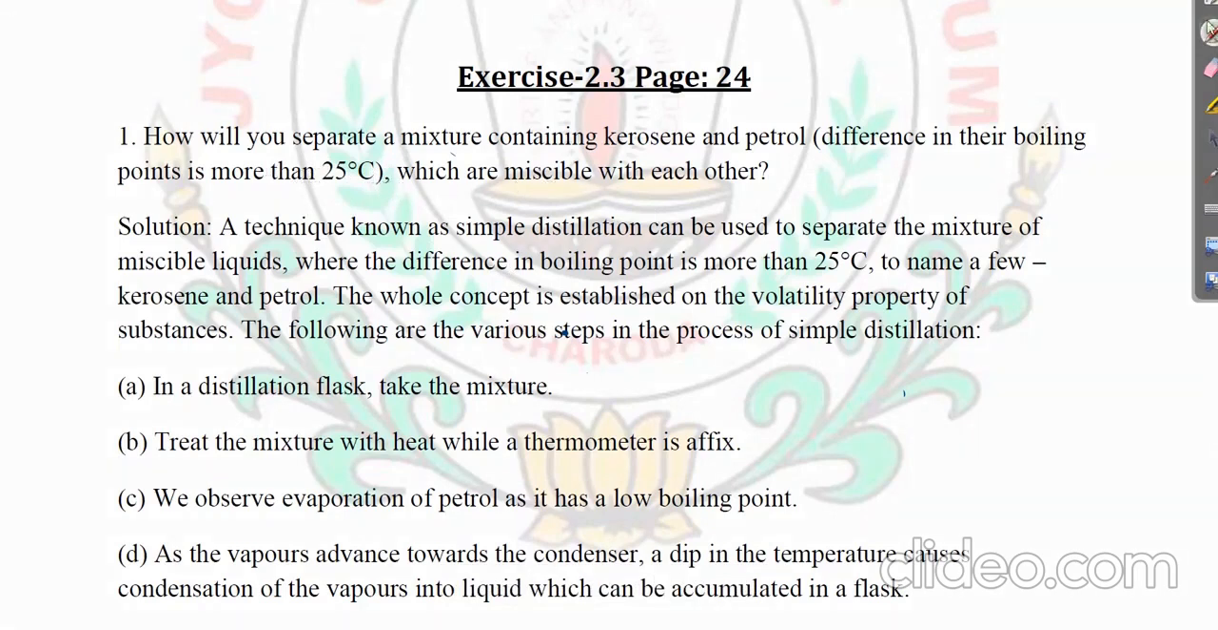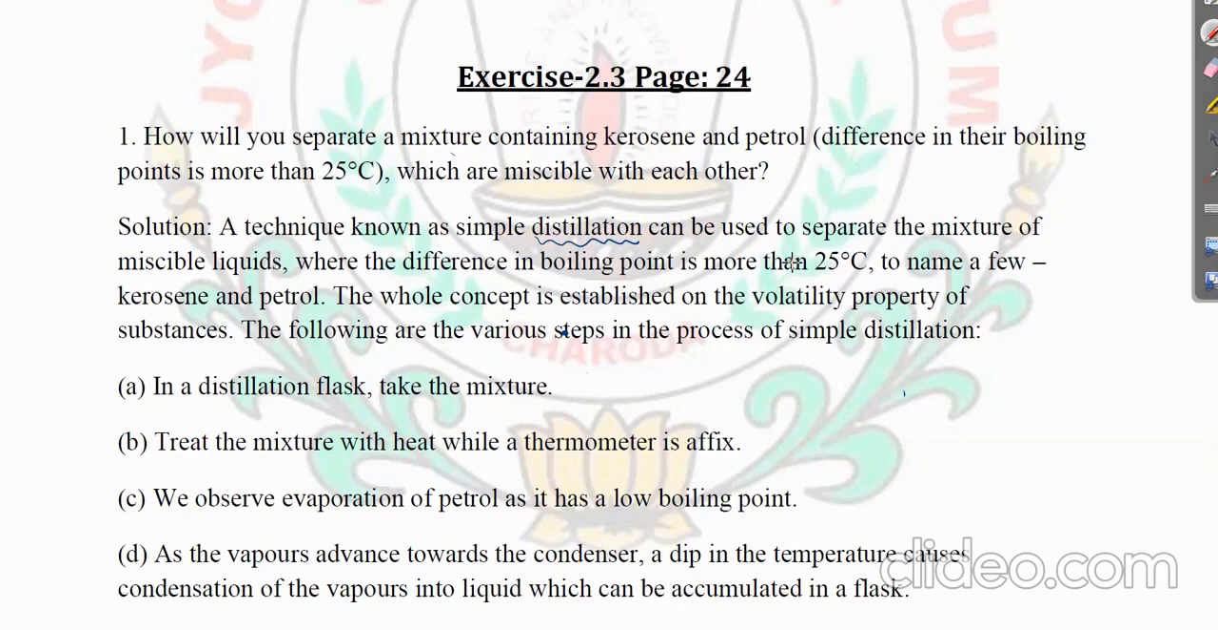They have been mixed with each other. Miscible means they are mixed with each other. So here we will use the distillation process. By using this distillation process, as the difference in boiling point is more than 25 degrees Celsius, then what will happen when we